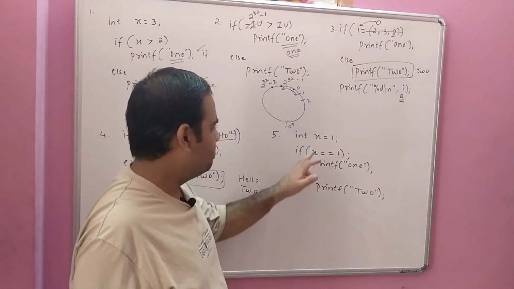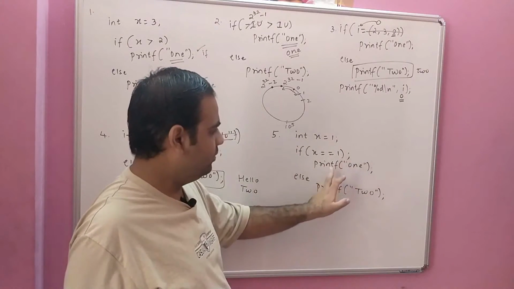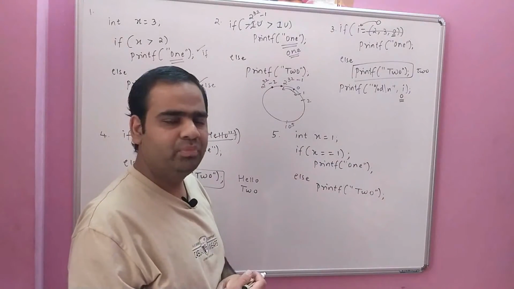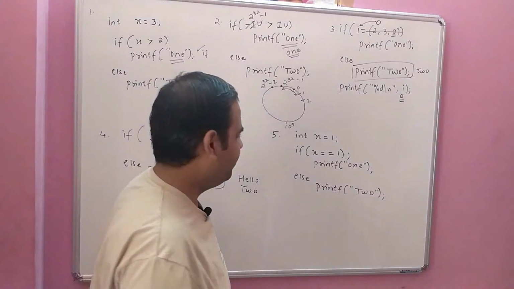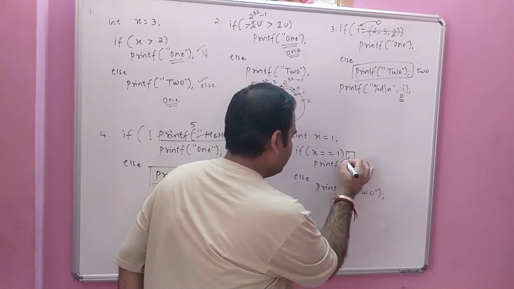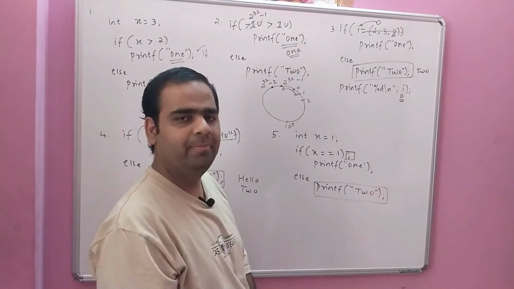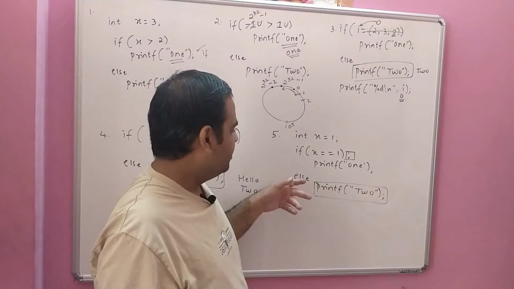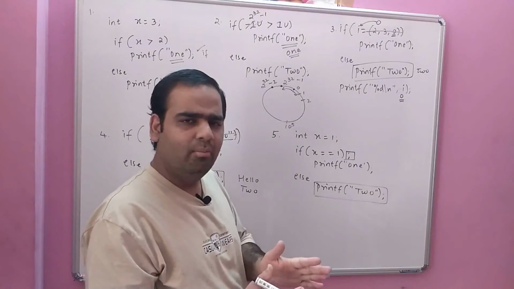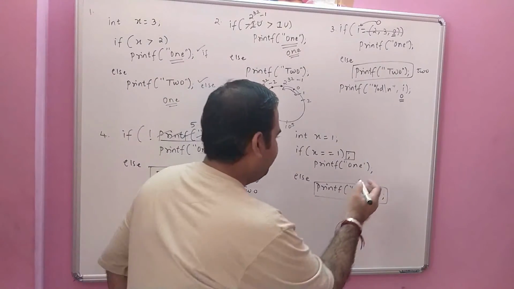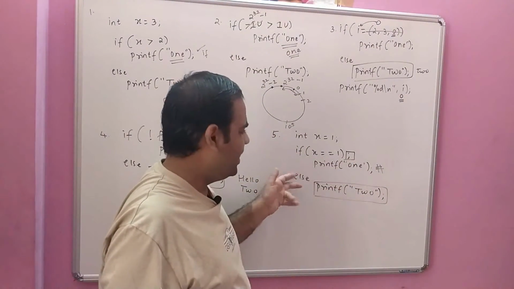Let's see this one. int x = 1, if (x == 1); printf("1"); else printf("2"). Before we execute, we need to be sure of the body of if and the body of else. Now, this semicolon is the body of if and this printf statement is the body of else. And the syntax says that there should not be any statement between the body of if and else. And we find this statement which is between the body of if and the else.